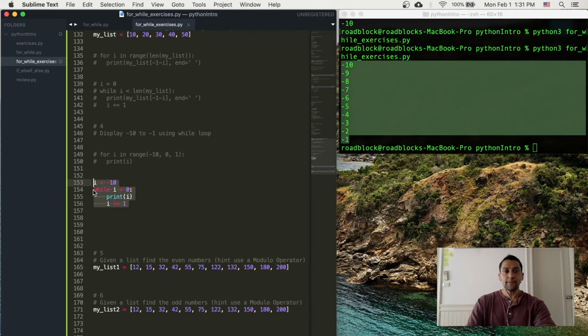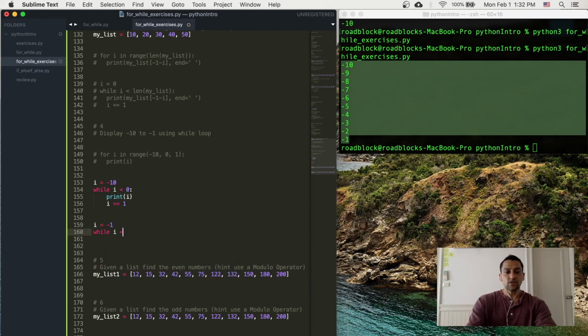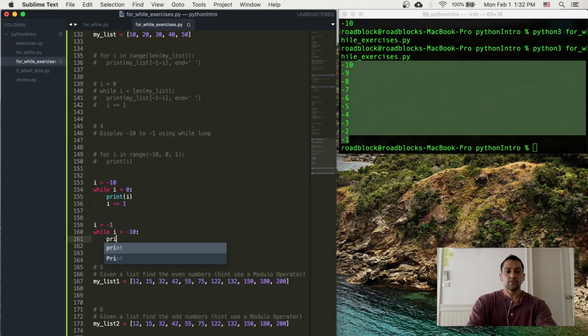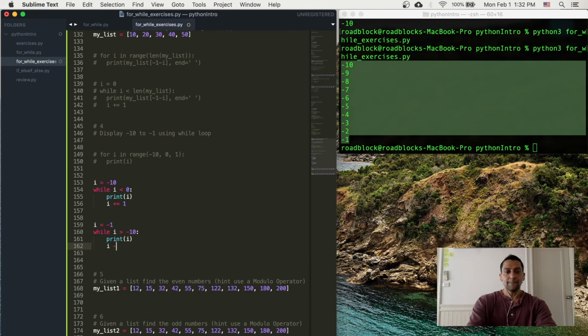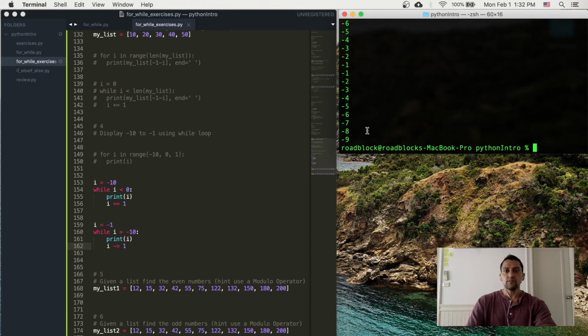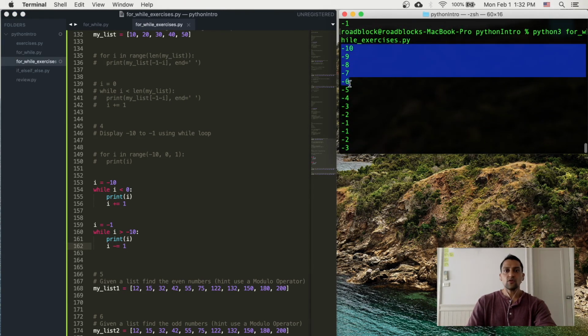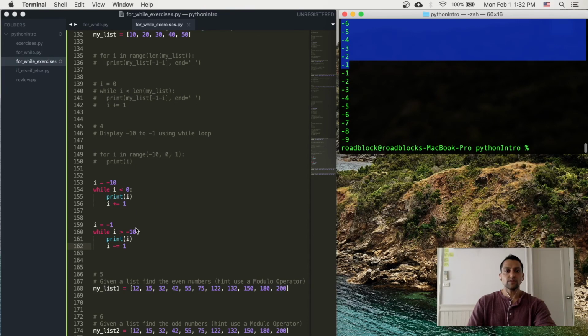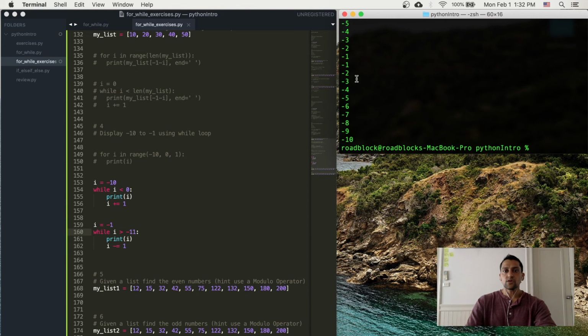If I want to change this to i equals negative 1, while i is greater than negative 10, print i, and i minus equals 1. So I want to keep coming down, and this will give me negative 1 all the way down to negative 10. I may have to change this to 11, and there we go. So negative 1 all the way to negative 10,